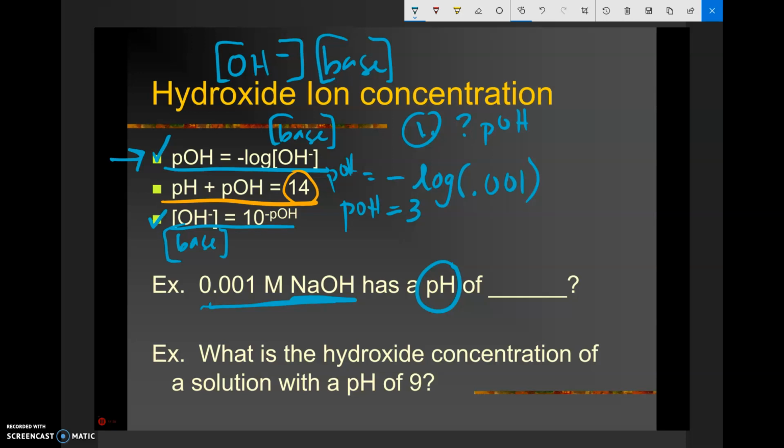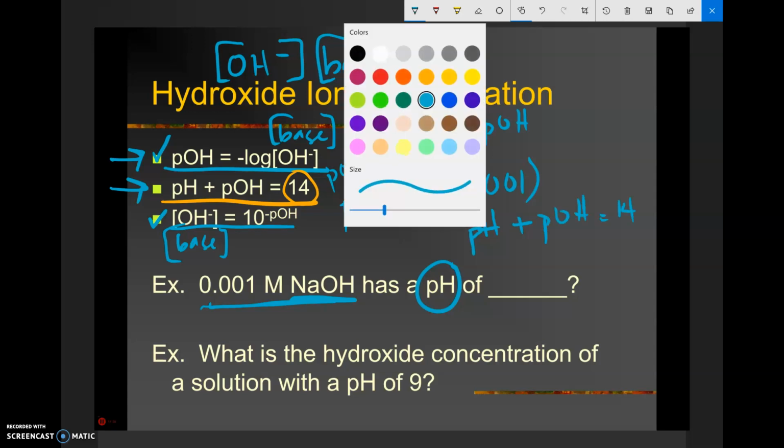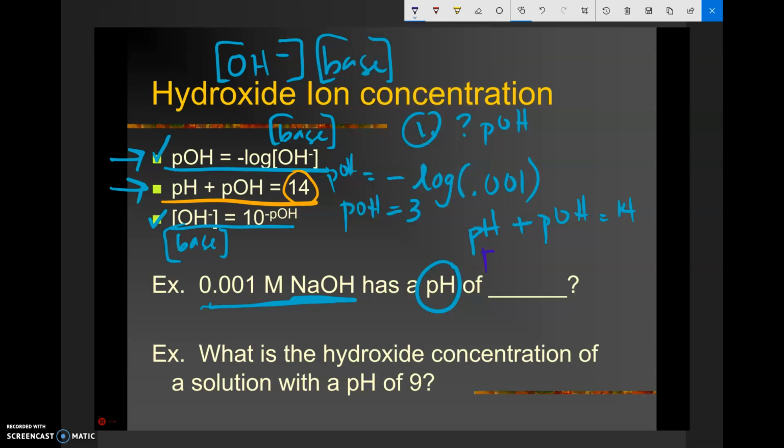Okay, now from here, we're going to use the magic of this second equation. We're going to go from a pOH to a pH. So right here, what we're going to do is we're going to say pH plus pOH equals 14. And since we have the pOH, we're going to plug that in. So pH plus 3, and that's coming from here, equals 14. And now it just becomes an algebraic equation. I'm just going to subtract 3 from both sides. That cancels. Our pH equals 11. And this should make sense because on our periodic table,